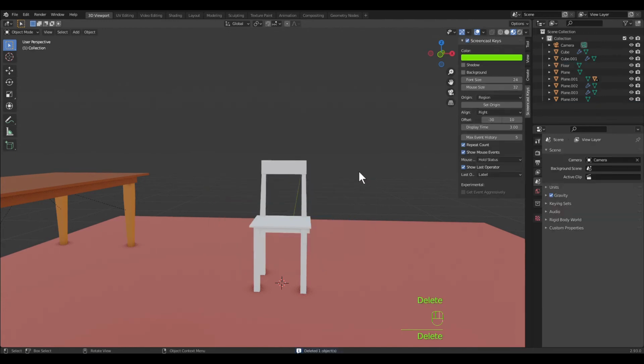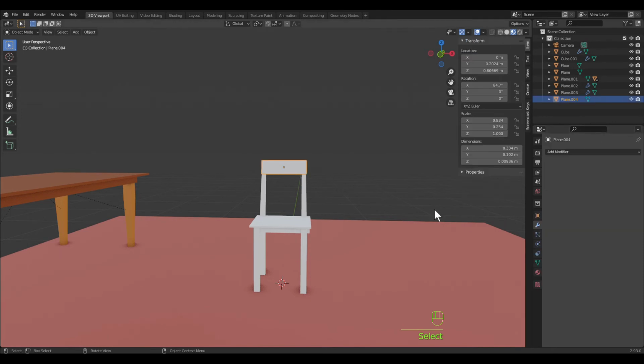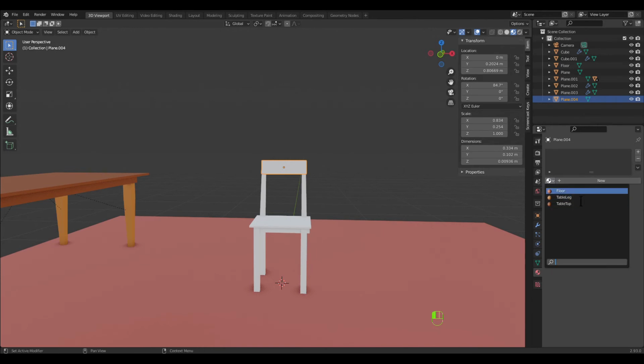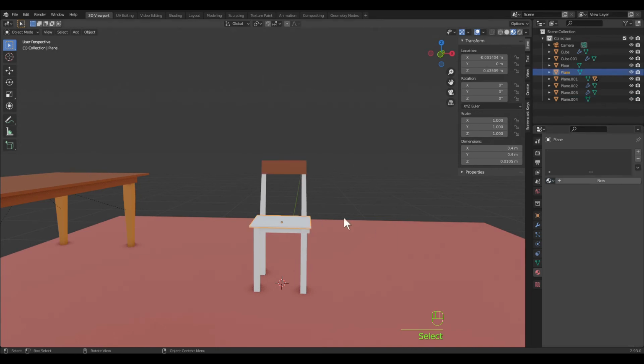So let's get rid of this background. I don't want to see that, so I'm going to click on that and hit delete. I'm finished with it. Right, and let's colour up our chair. So remember, with an object selected, we have this little icon here, material properties. We can add a new colour, but we've already got colours assigned for our tabletop and floor, etc. So we'll make that mahogany. We'll make the seat mahogany. And then we can make everything else